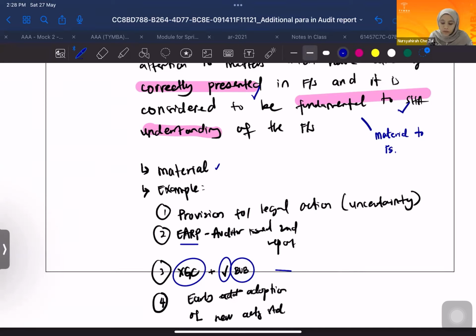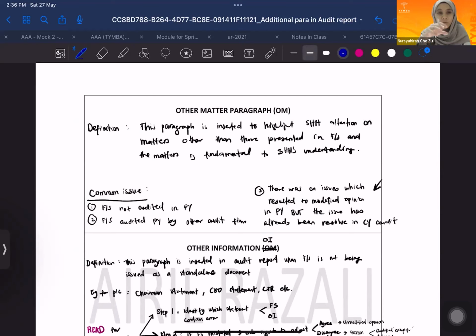Okay, continue. So, other matters. As usual, I want you to understand first before we go through the notes. Other matters is for matters that are related to the audit but not related to the items in the FS, most of the time. I repeat, matters relating to the audit but not really related to the items in the FS. For example,